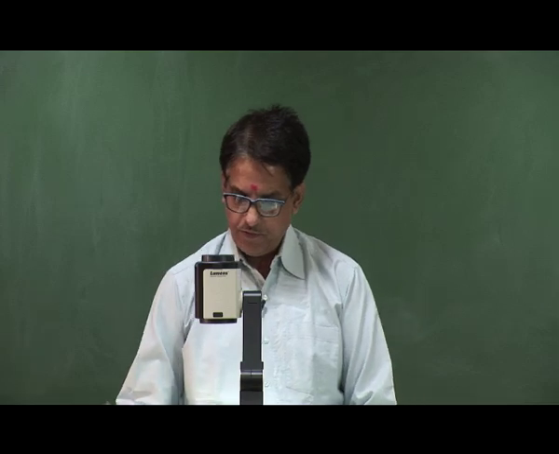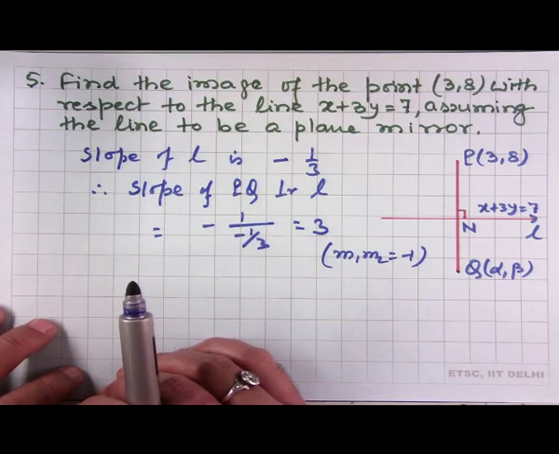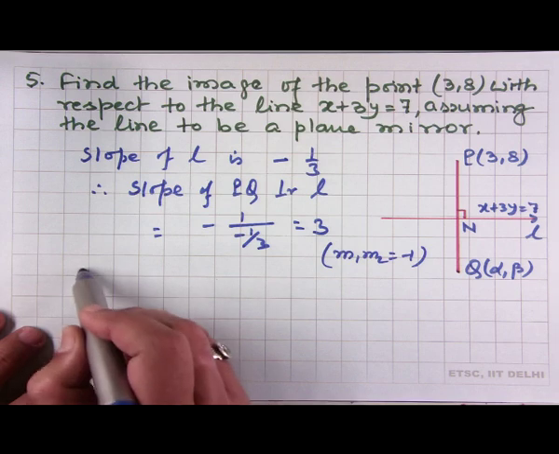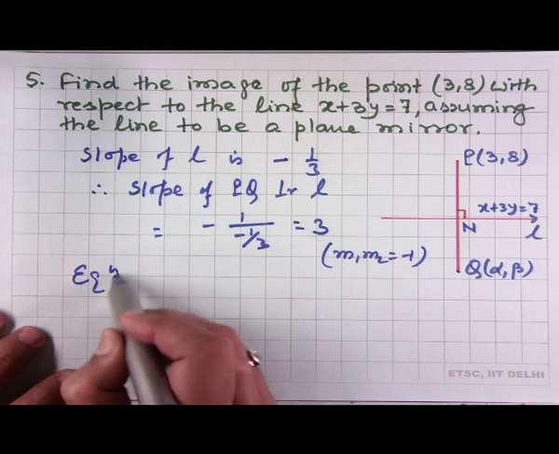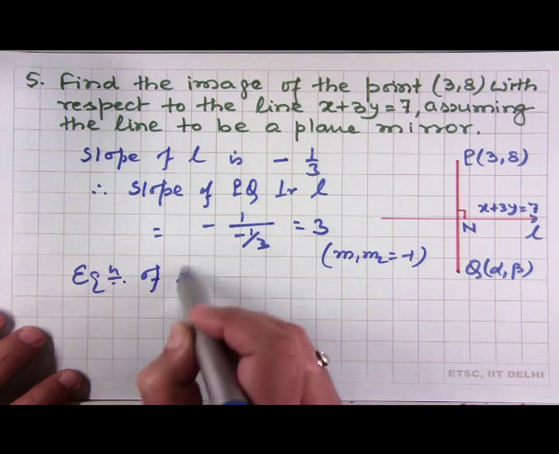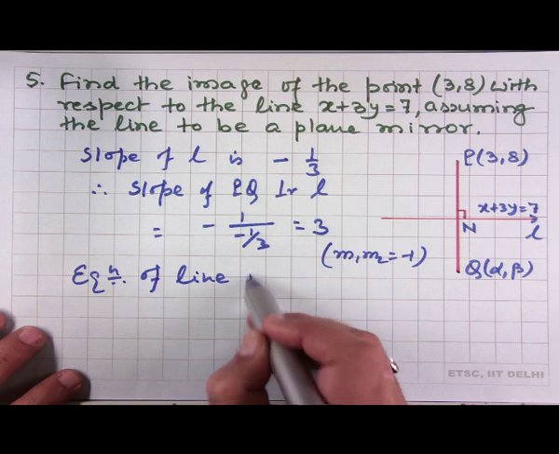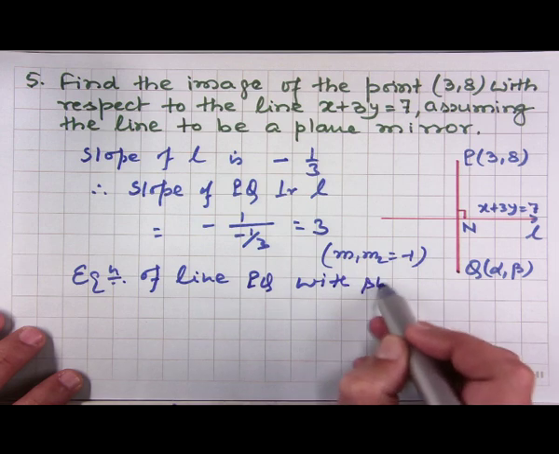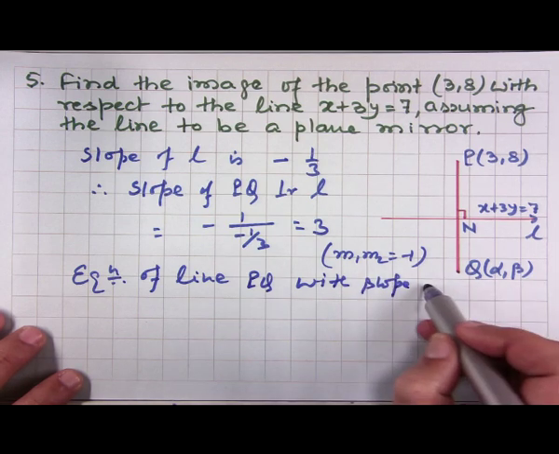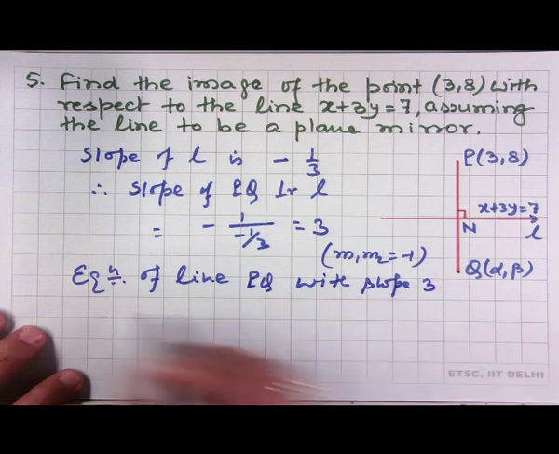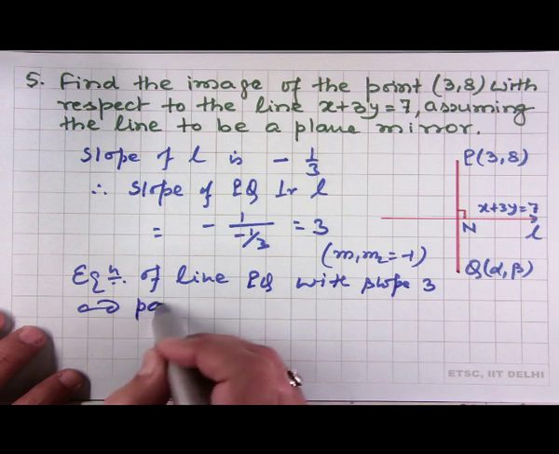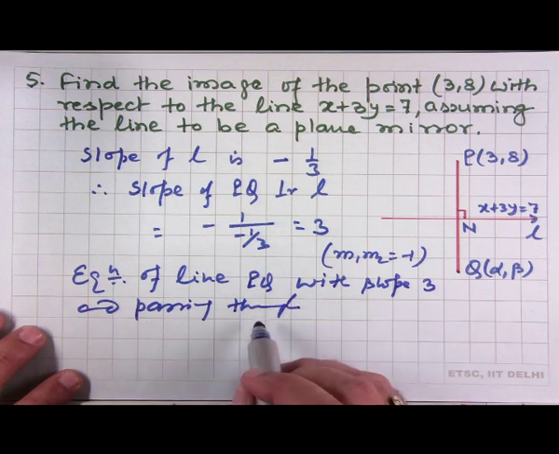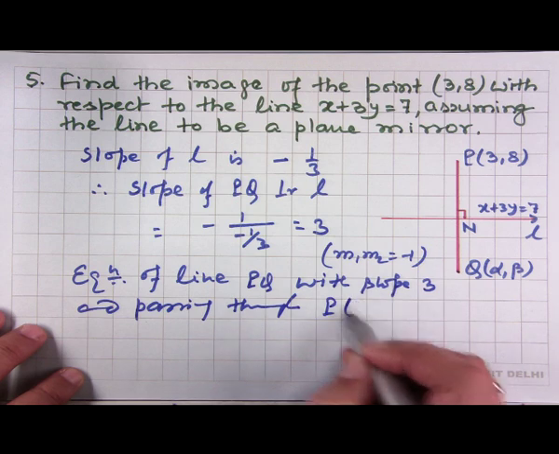Now we have two pieces of information for this line PQ. Slope is 3 and it passes through (3, 8). So the equation of line PQ with slope 3 and passing through P(3, 8)